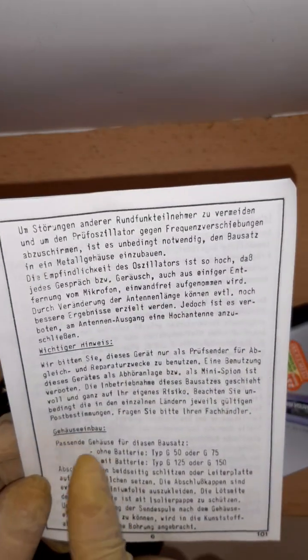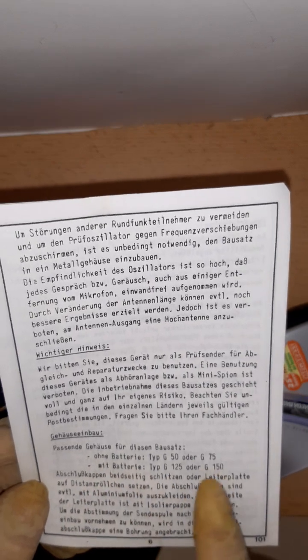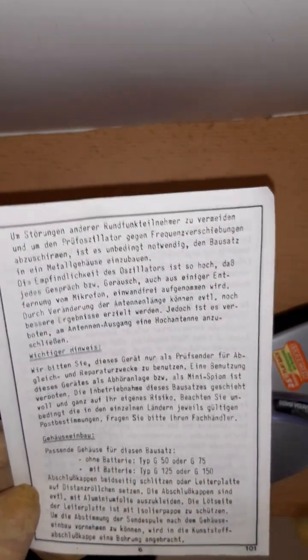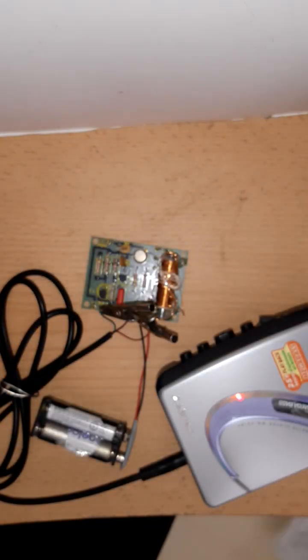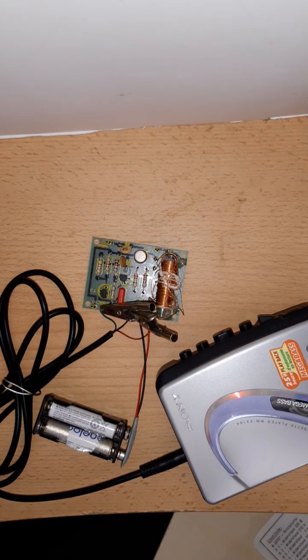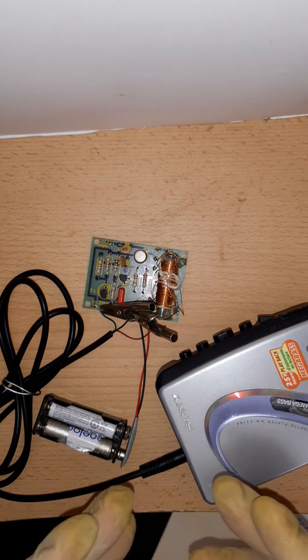And this one talks about building it into a housing, and they suggest a few housings they offer themselves, and you can buy them and then put the kit inside the housing. In the other thing, there is the schematic, which I don't show you because I showed you the values for a moment. And the schematic is basically more or less the same as from the other transmitter, because like I